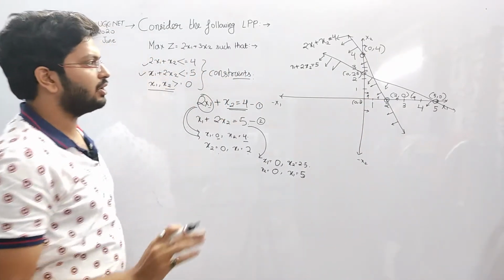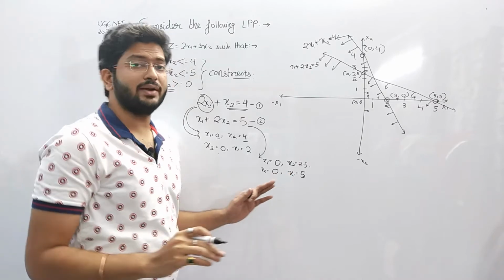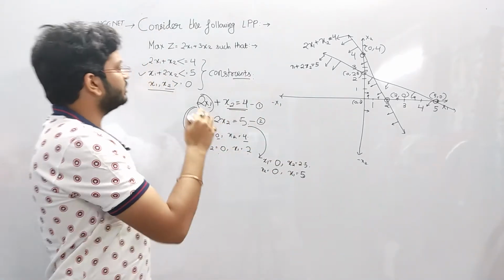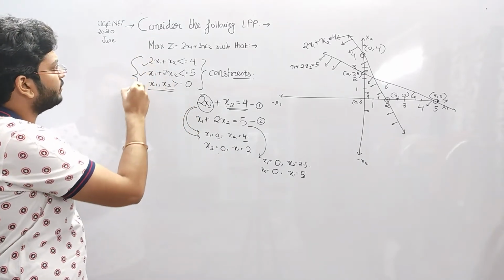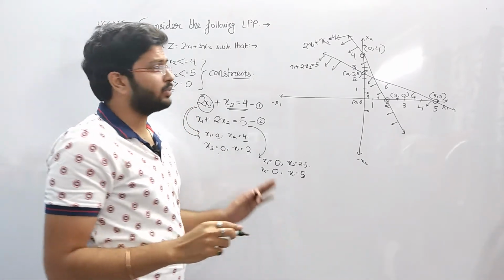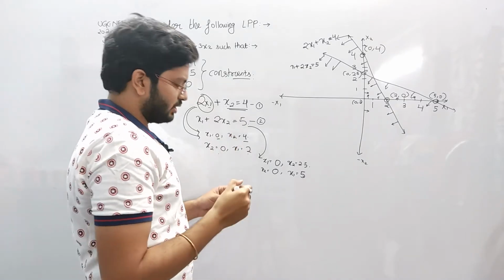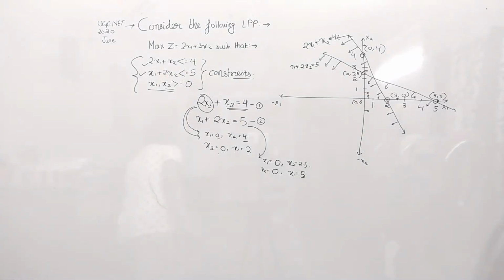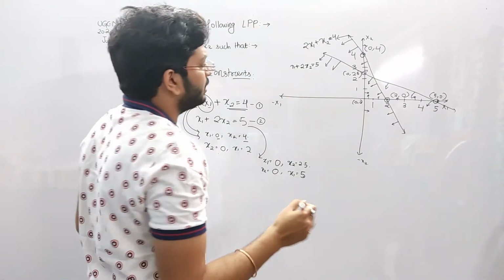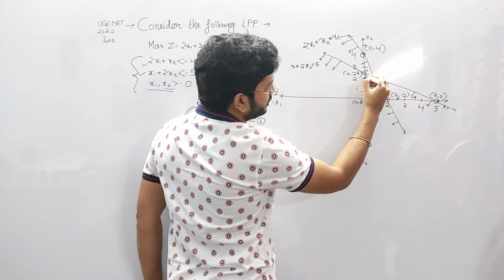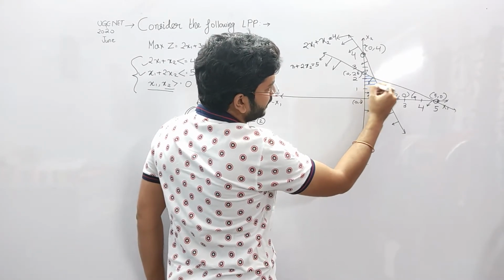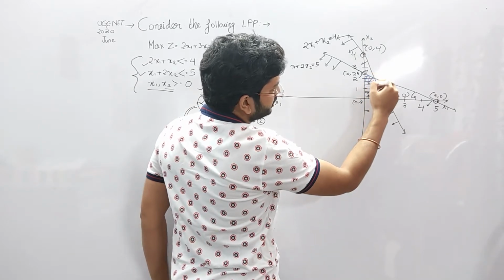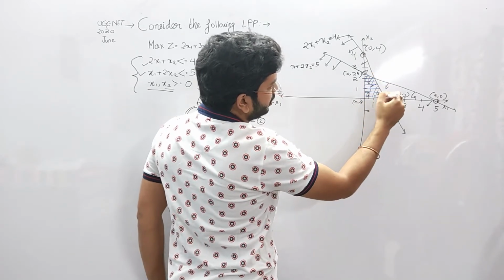Okay. Now simply understand, we have to find the common bounded region, the region that is bounded by all the lines, means all the constraints. We have to find the region which has been bounded by all the constraints. Okay, now I am marking it in a different color. Now you can simply see that this is the region which is bounded by all the 4 constraints.